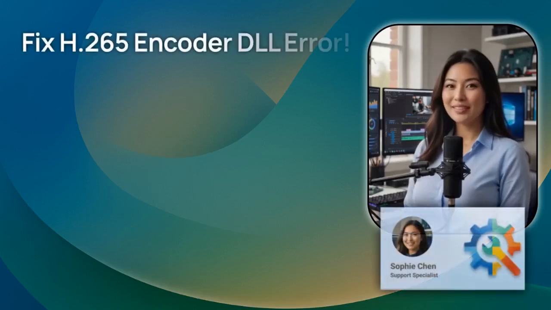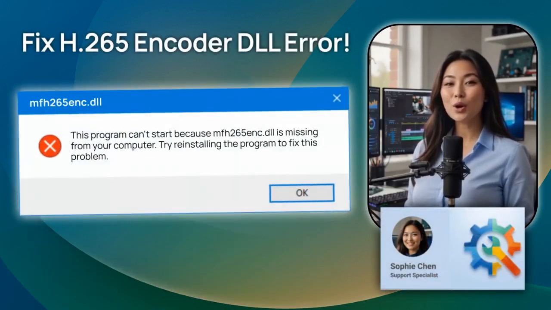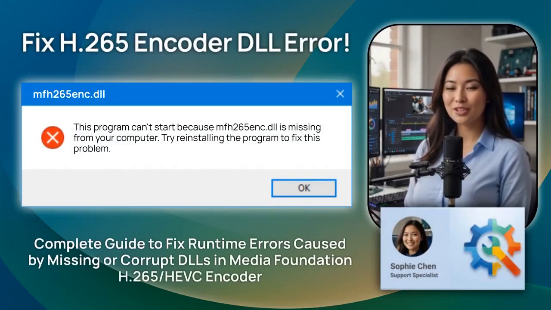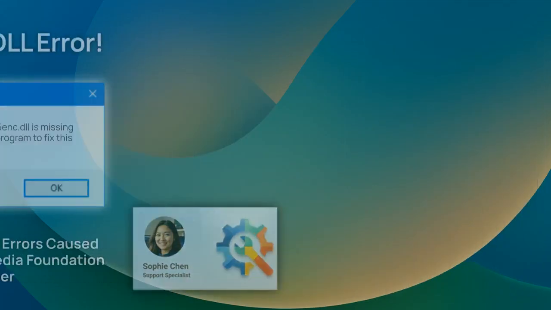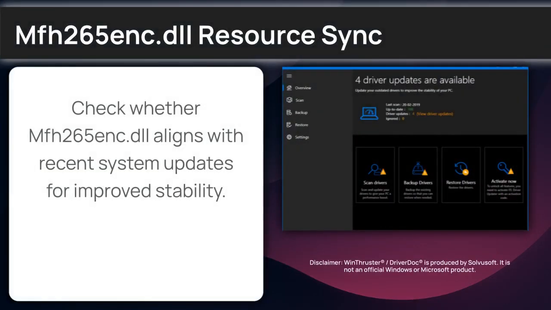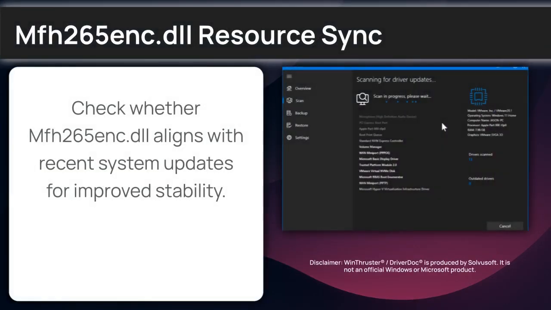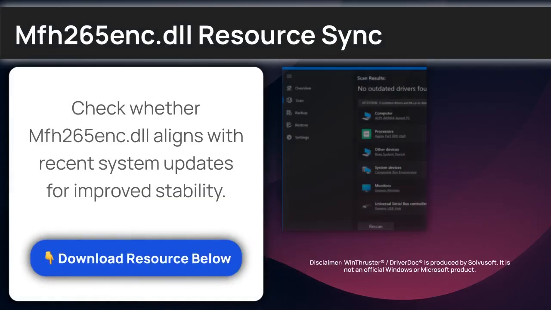Is your external component, the MF-H.265 Encoder DLL, not found? I'm Sophie Chen, a Windows support engineer. I'm here to help you re-establish Media Foundation H.265 HEVC Encoder links. To begin the walkthrough for MF-H.265 Encoder, you can choose the manual path or use a resource designed for environment